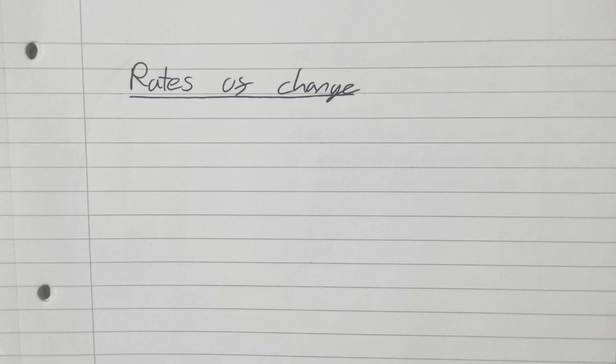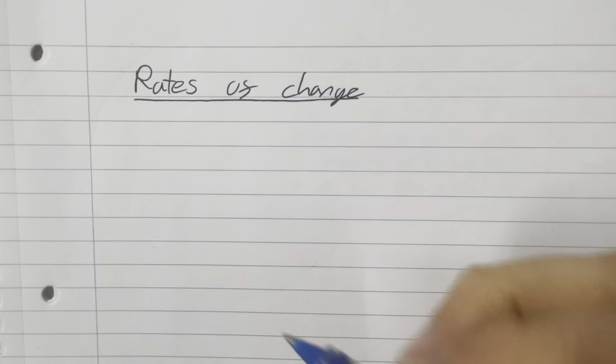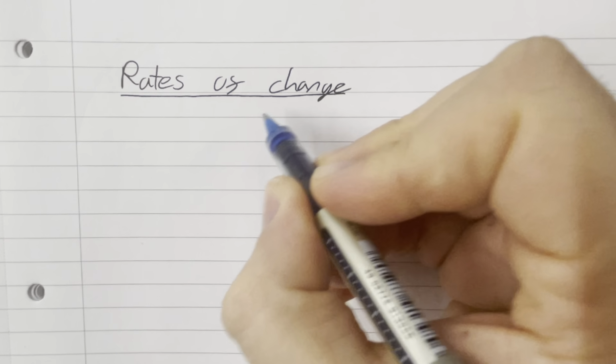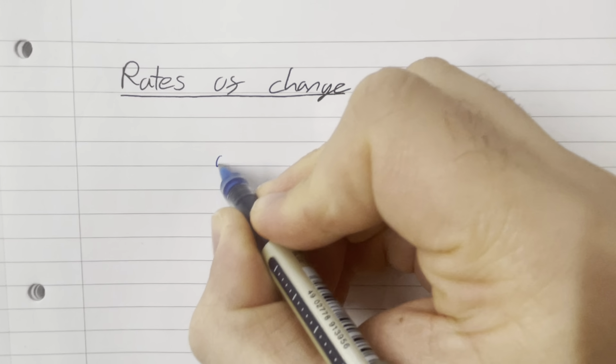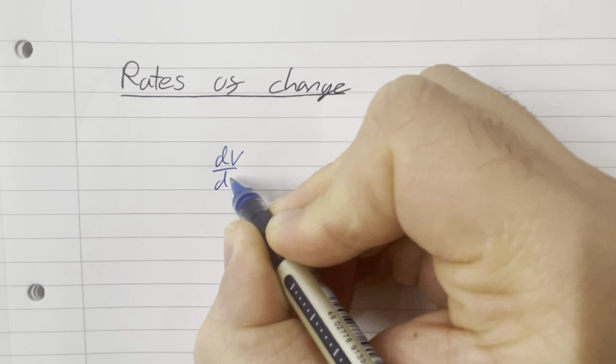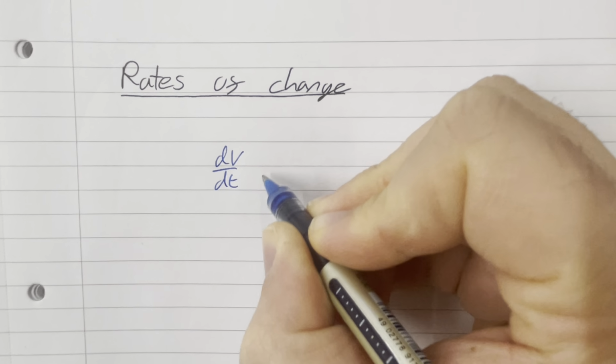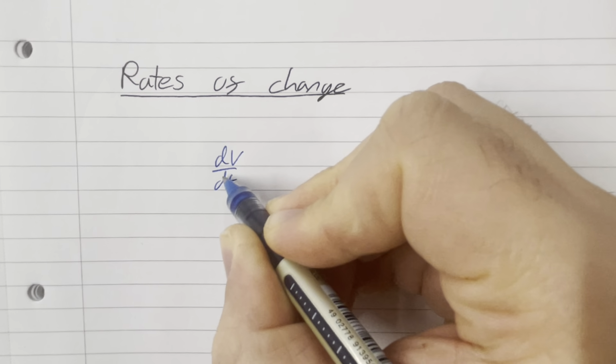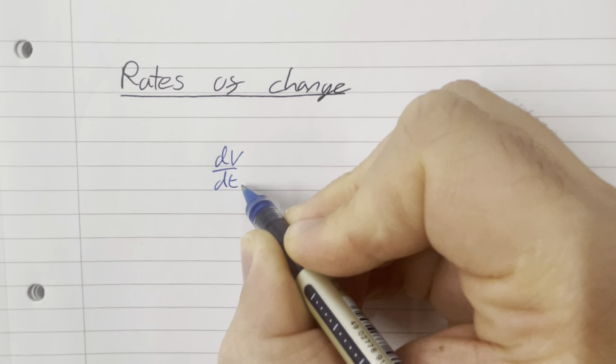Some of the differentiation questions that can come up are about rates of change. And rates of change is essentially just an application of the chain rule for these questions. So a rate of change generally means your variable is differentiated with respect to time. That's the rate of change in time,